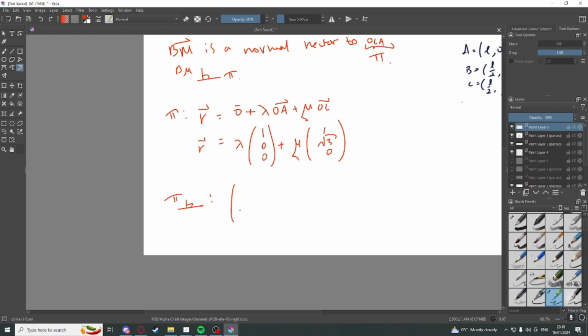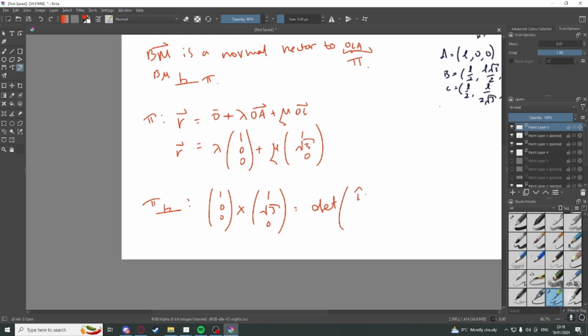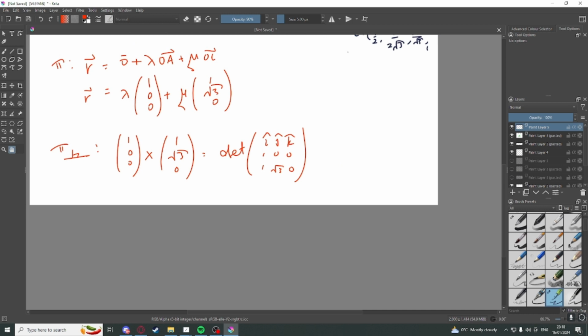I would have to do the cross product between these two basis vectors. So (1, 0, 0) cross product (1, root 3, 0). And that is the same as taking the determinant of the matrix with i hat, j hat, and k hat, with all of the entries as such. So this is just OA and then OC transposed. And what that is equal to is i times 0 minus 0 times root 3, so 0, minus j hat times 1, okay, so just 0, and then plus,